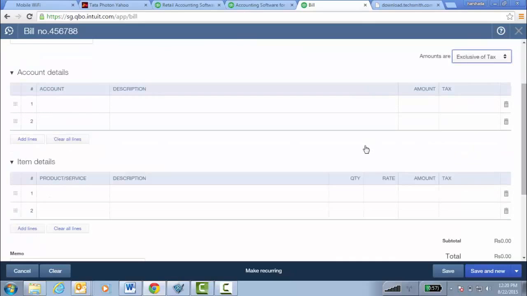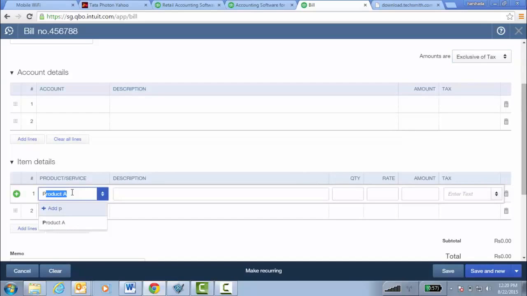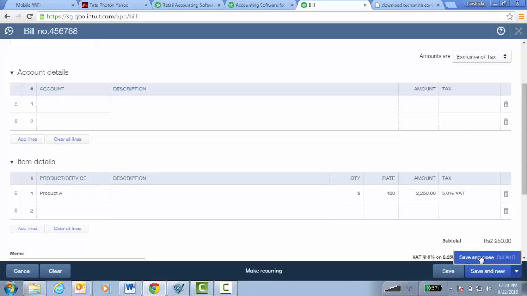To enter your purchases, scroll down and come to item details. Here select product which we have already created, put quantity, select taxation and save this transaction.